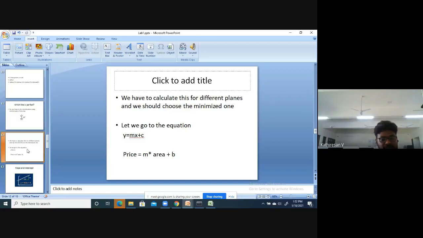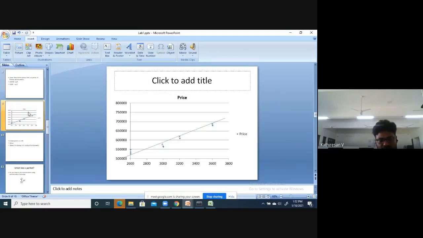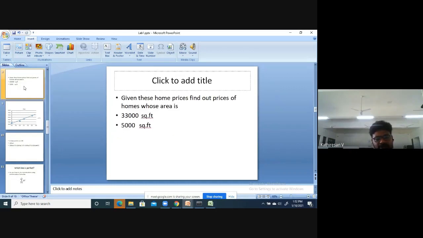Okay, see here, this line is having its own formula. So y is equal to mx plus c. Okay, so this is the straight line equation.